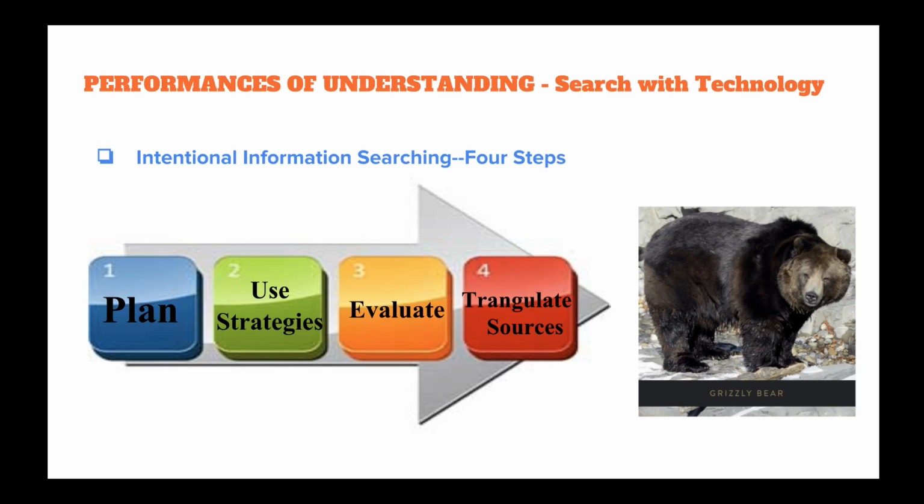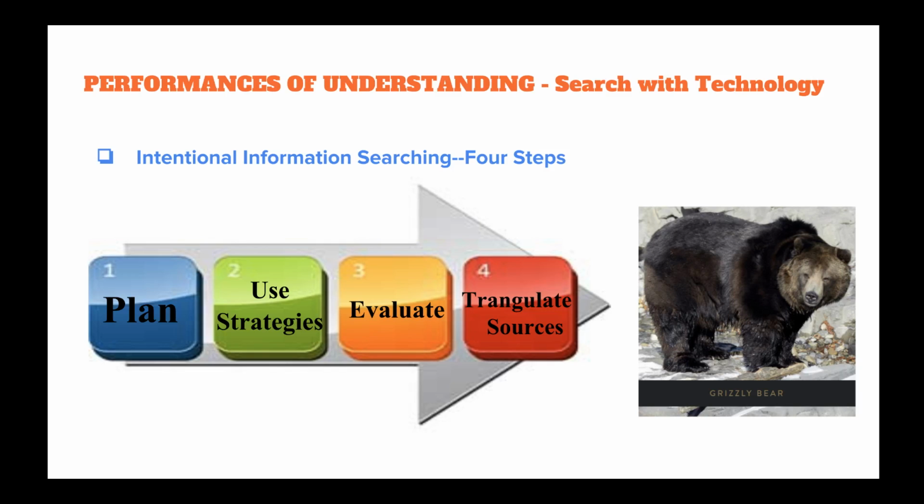The first step is plan. Before getting started, the teacher will have students articulate their research intention and verbalize what is being looked for, as well as why that information is needed. So they don't search for some predetermined answers, but with the intention to find information that will help them solve the problem. The thought process here can help students clarify what they've already known and what unknown information they need to research. Take grizzly bear as an example. Students may already know bear is a kind of big mammal, but they still need more information about where grizzly bears live and what they eat.